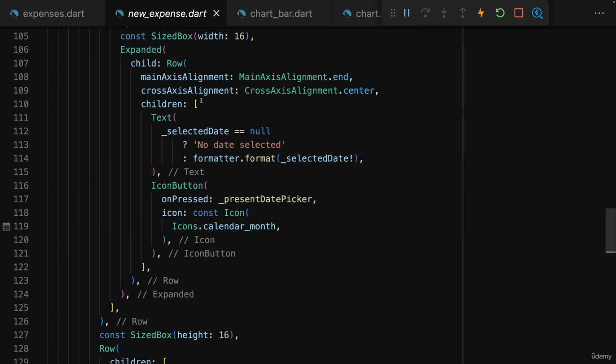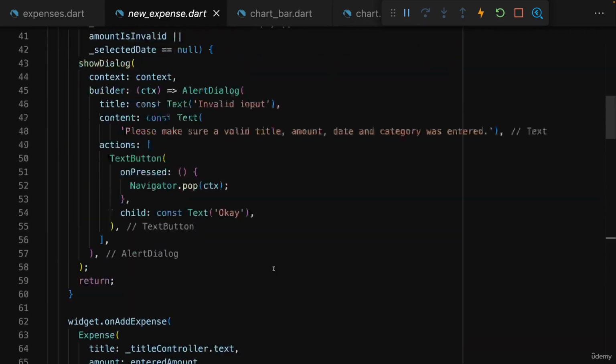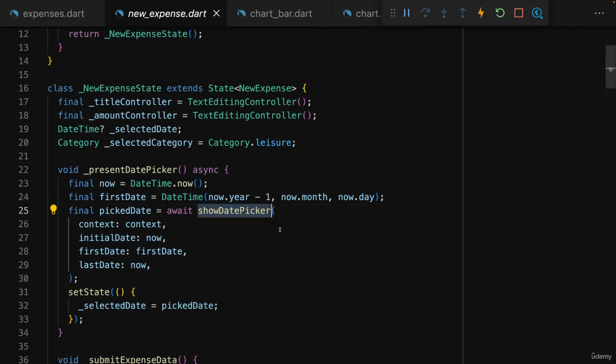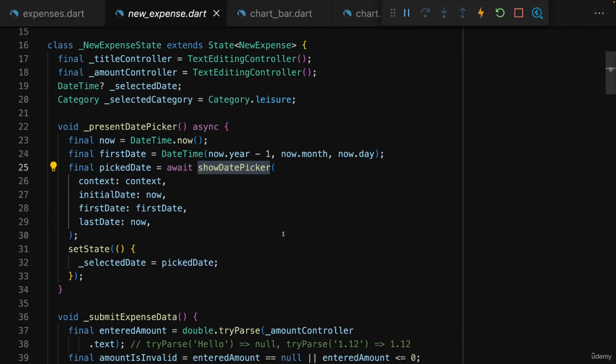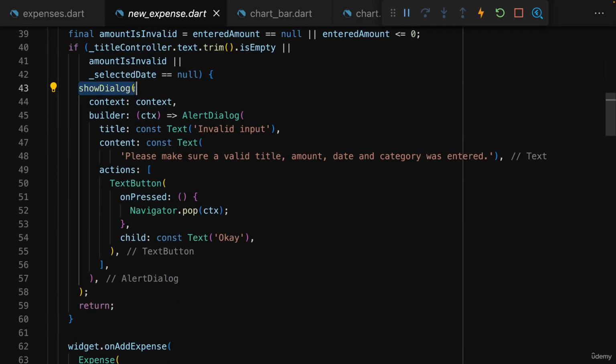How we can, for example, build such a manual date picker by showing a date picker with the built-in showDatePicker function that is provided by Flutter. We learned how we can show a dialog. And along the way, we learned that this context object is important for all these methods since it carries some meta information about a widget and the widget's relation to other widgets that are required by Flutter to show all